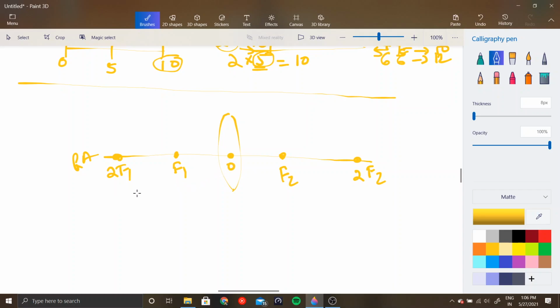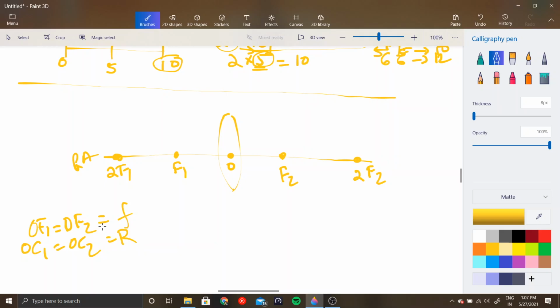since this is a biconvex lens, here, in this case, as far as your syllabus is concerned, the distance OF1 and OF2 will be equal, right? They will be equal to the focal length, right? And so this point is as far as this point. Also, this point is as far as this point, okay? So OC1 equal to OC2 equal to R, correct?